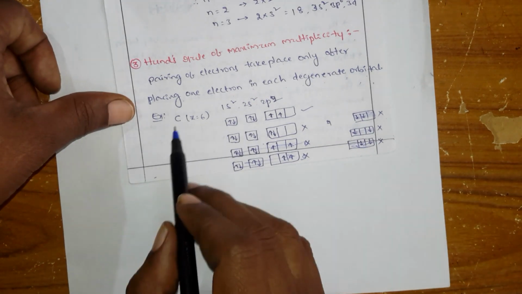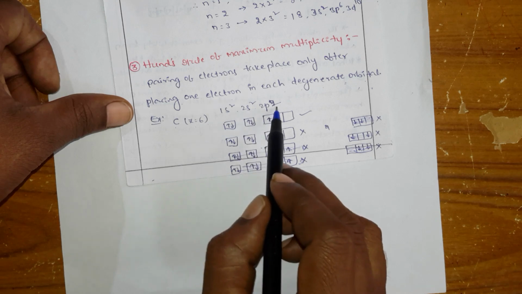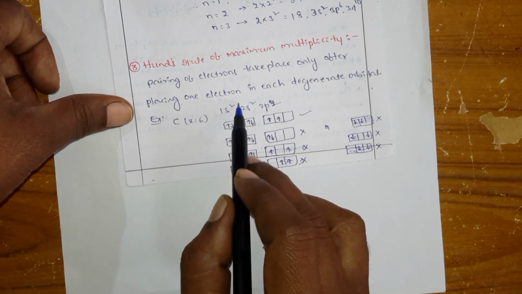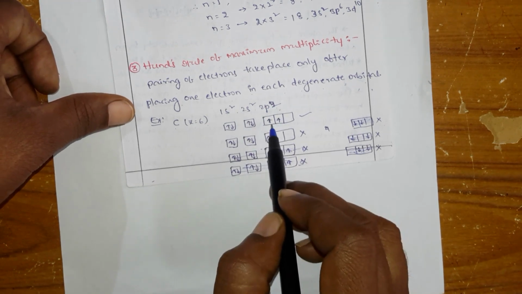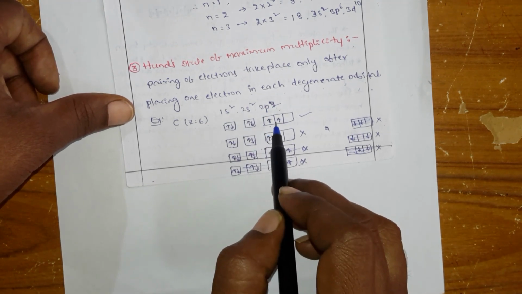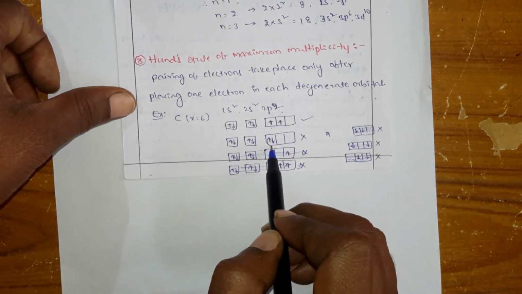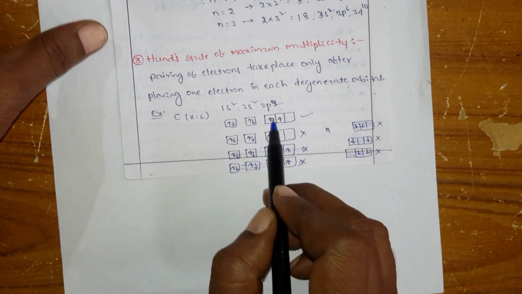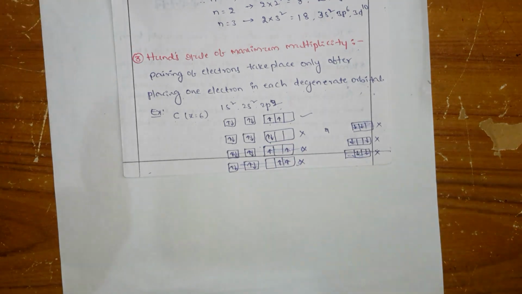Okay, so let us go for carbon. The Z is 6: 1s2, 2s2, 2p2. So first obviously the electrons will enter into the 1s, next the 2s, next the 2p. Again in the 2p, you first have to place one electron in each orbital, not like this. You should not write 2 electrons in one orbital. You have to place one electron, and then you have to start the pairing.